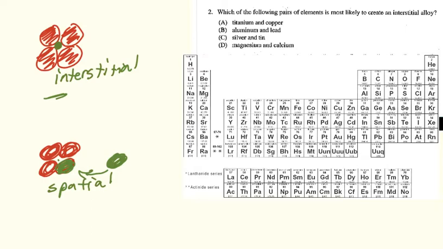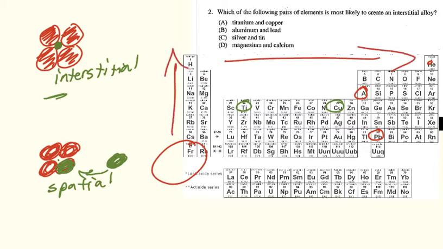So if we look at titanium and copper, that's one choice. Look at aluminum and lead. I think you can see right away, you remember that since francium is the biggest element on the periodic table and helium is the smallest, they get smaller as they go up and to the right, so there's going to be a huge difference in size between aluminum and lead. It's going to be a little bit of a difference in size between titanium and copper, but they're in the same row. They both have 4 rings of electrons. Not very different. So I think B is going to turn out to be the correct answer, because